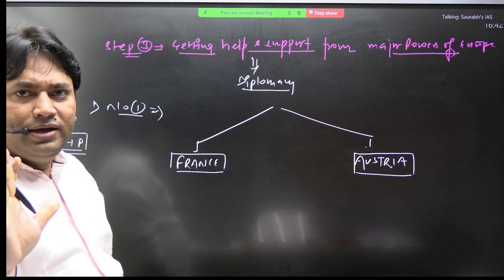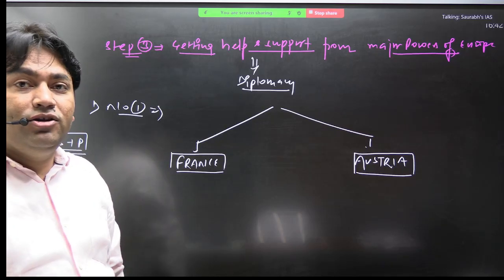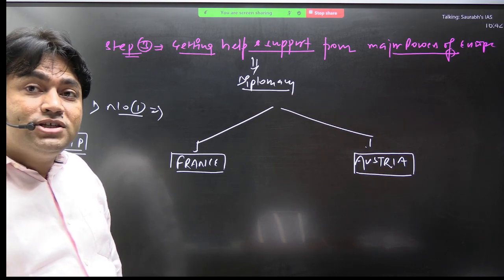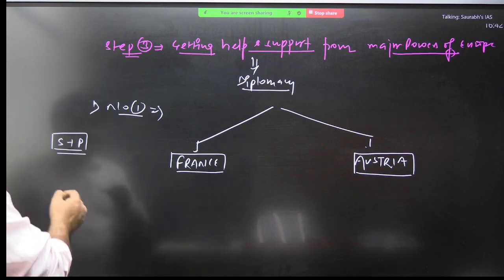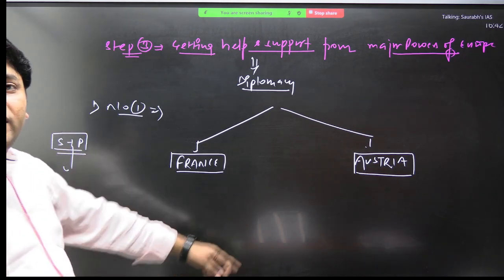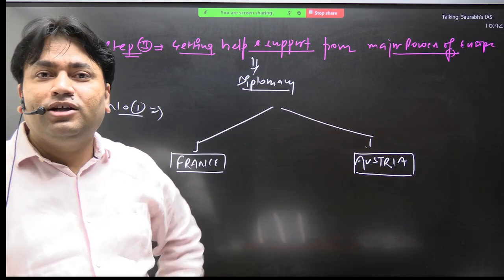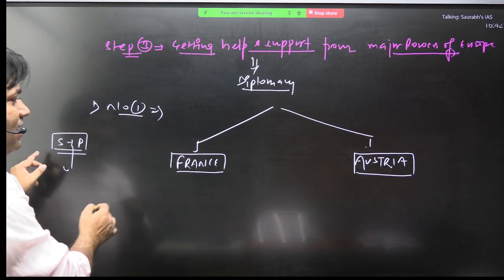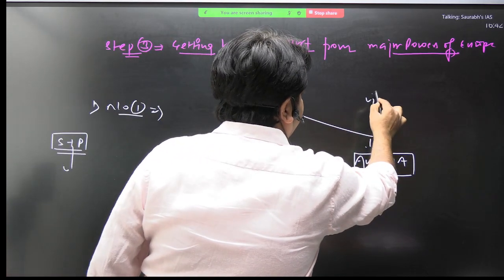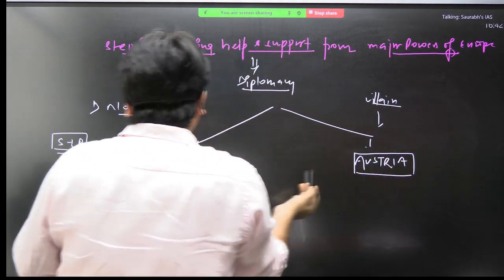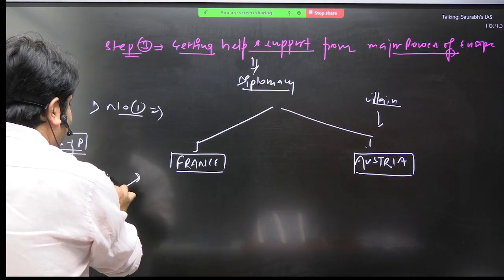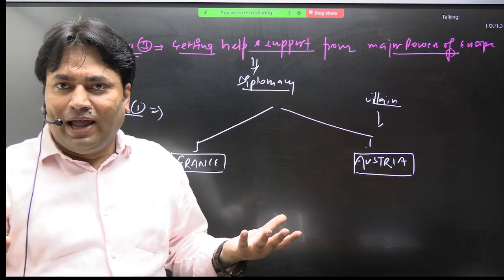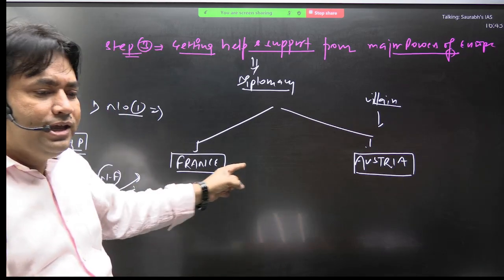इतनी सी बात है. Now France is one of the most powerful countries in Europe. Austria is one of the most powerful countries of Europe. और who is the villain for Sardinia Piedmont? गब्बर सिंह कौन है इसके लिए? सार्डिनिया पीडमोंट के लिए गब्बर सिंह कौन है? ऑस्ट्रिया. तो दुश्मन का दुश्मन क्या होता है? दोस्त होता है. तो for Sardinia Piedmont who is the villain? Villain is Austria. Who will be the natural friend? Natural friend कौन हो जाएगा इसका? Okay, France. And what Sardinia Piedmont will do? लड़ रहे हैं ये दोनों.